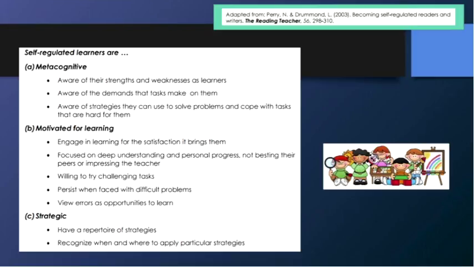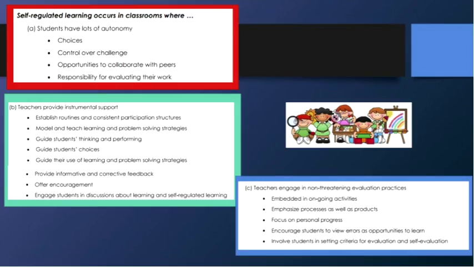If they're motivated to learn, they're engaging in learning for the satisfaction it brings them, and I think that's something all of us as teachers want to create: lifelong learners. They're willing to try challenging tasks. They're willing to persist when it gets hard. And the big one, they view errors as opportunities to learn. So all of this self-regulation has a widespread ripple effect, not only to the specific lesson that we're presenting, but